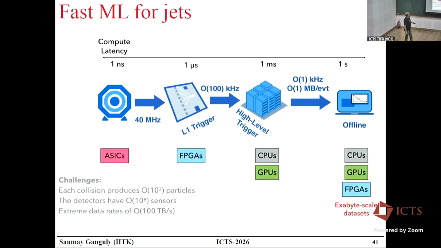Now, for the last 15 minutes or so, I would like to discuss where things are evolving now. To summarize, yesterday we learned what jets are. Then we figured out that if you want to do downstream tasks on jets, it's analytically non-tractable, and that's why we are trying to do machine learning on jets. Today, we went through the popular architectures.